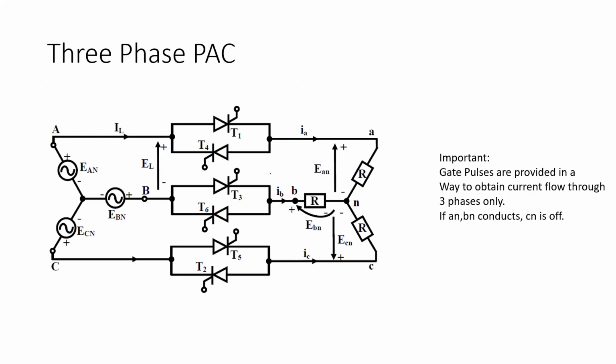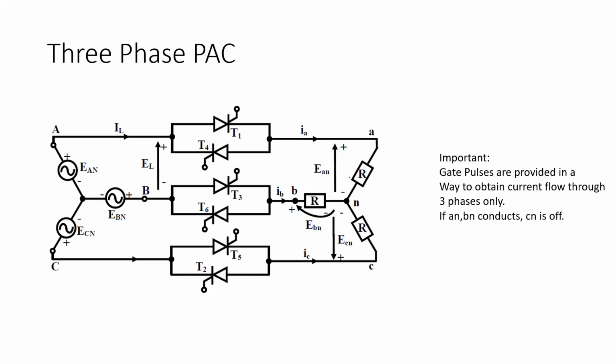In three-phase PAC, the designers of this PAC have designed this considering the easiness of gate signaling. What they have done is, when two phases are conducting, the other phase is kept closed. It is very easy to analyze the circuit when it is like that. If all the phases are conducting simultaneously, this circuit will become very hard. So what we do is we keep one leg turned off all the time.